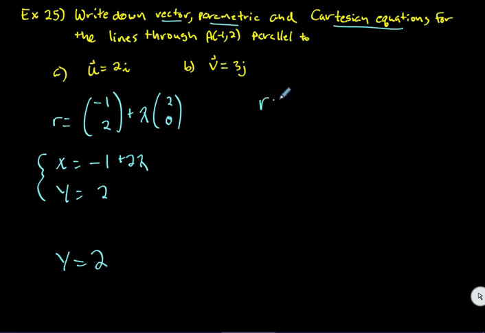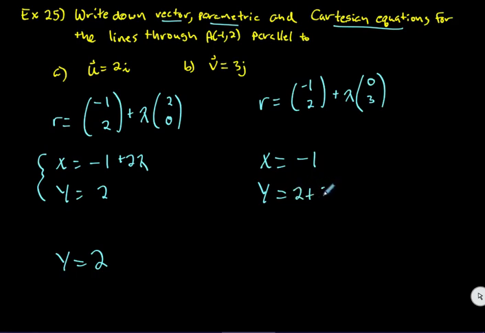And then the same thing can happen over here. I'm going to find my vector equation. It's got to go through that same point, so (-1, 2). And then it's going to be lambda times, this time it's just going 3 vertically, so it's going to go 0 in the x, but then 3 in the y. And then that's my vector. And then parametric would be x is equal to just negative 1, where y is equal to 2 plus 3 lambda, right? So this is my parametric like I did before,